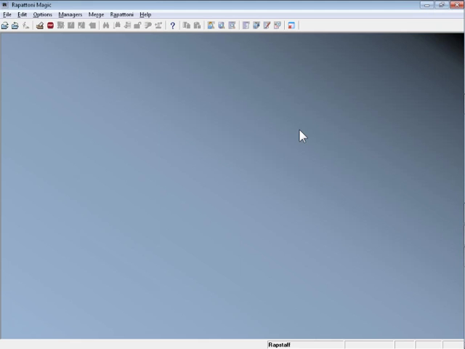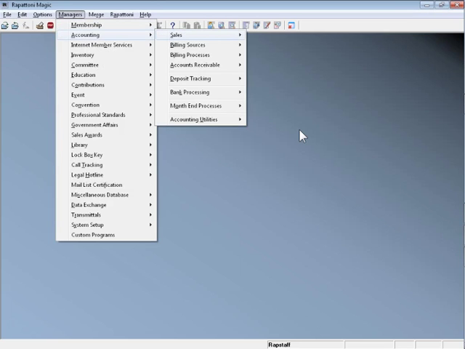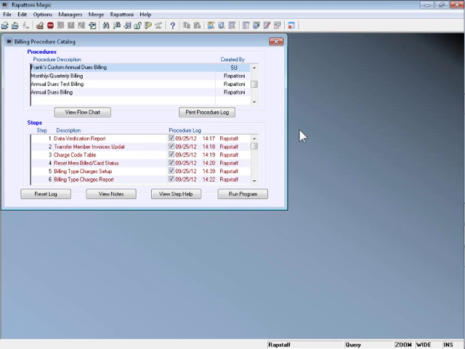So how do we find the billing procedures? I like to do the short key. So we're going to go Alt-M for membership, A for accounting, I for billing processes, and B for billing procedures. This is the billing procedures catalog. At the top of the screen, you'll see our customized billing procedures that we've set up. In this instance, we're going to use Frank's customized annual dues billing. At the bottom half of the screen are the steps that we're going to take to complete the billing from